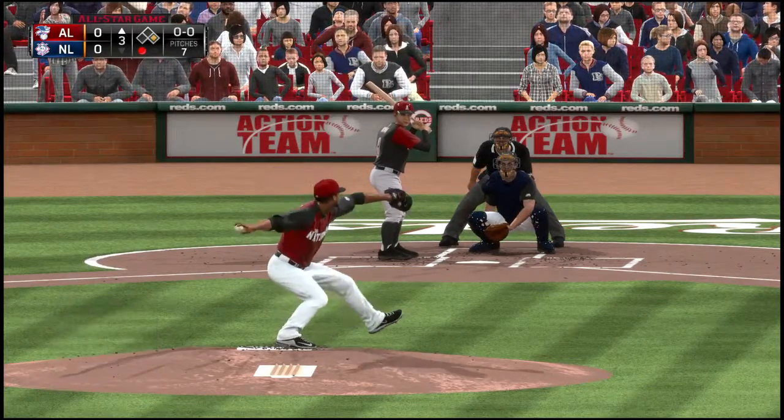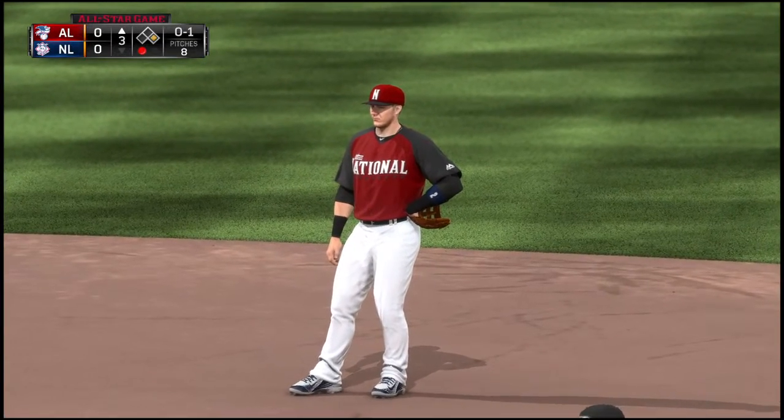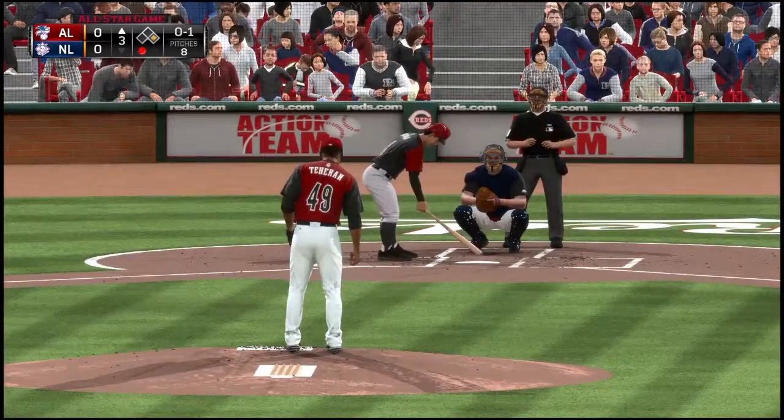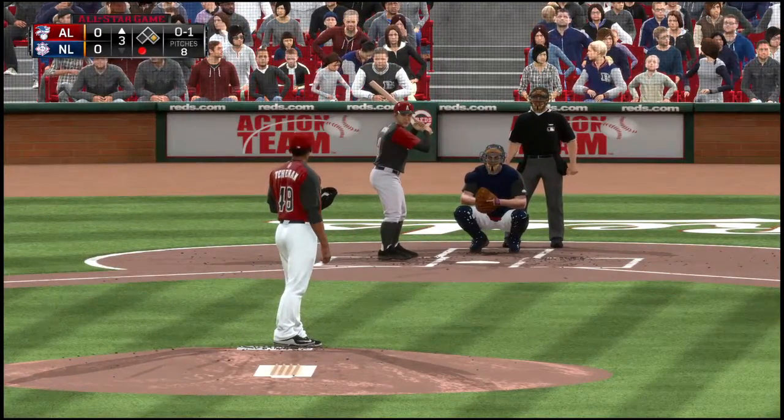Into the box now, Yogi Berra, as he takes a called strike on the black. It's 0-1. And you can see it. He's upset with himself out there at short. And he should be. He's a big leaguer. He'd like to get a ground ball here to get himself off the hook.